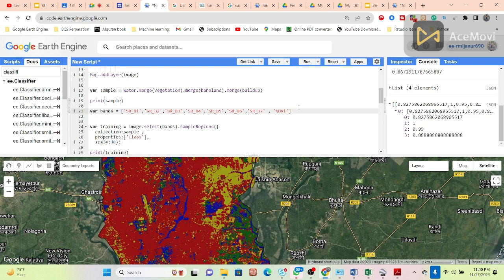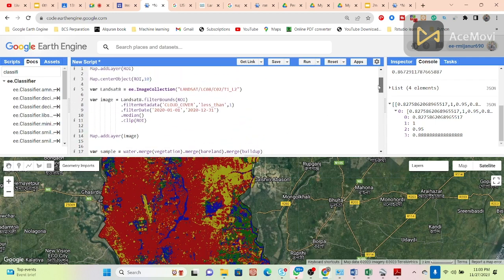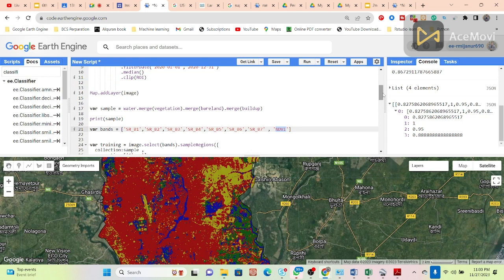First of all, I need to create the NDVI band. This image has not created the NDVI band, so I need to create it. We already discussed how we can easily create a band. Very easy. First of all, you take a variable and put a variable name, suppose